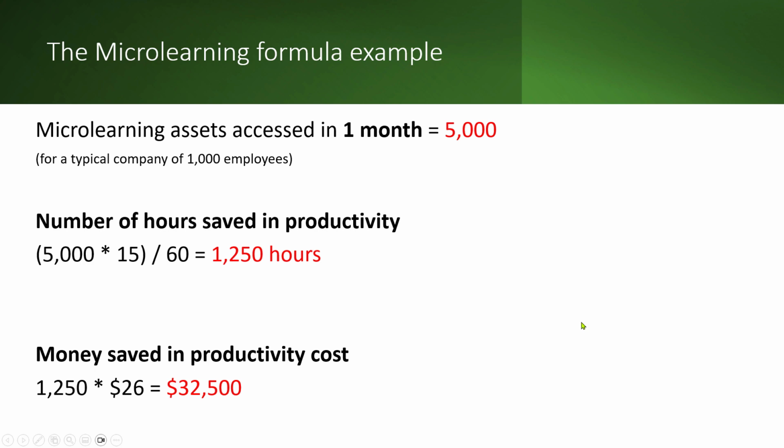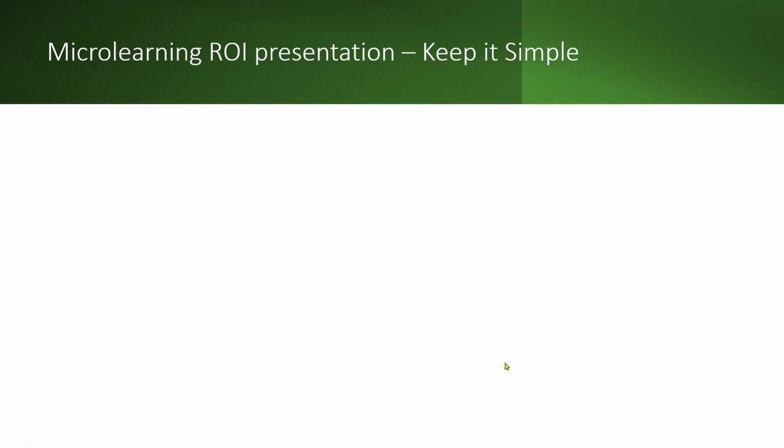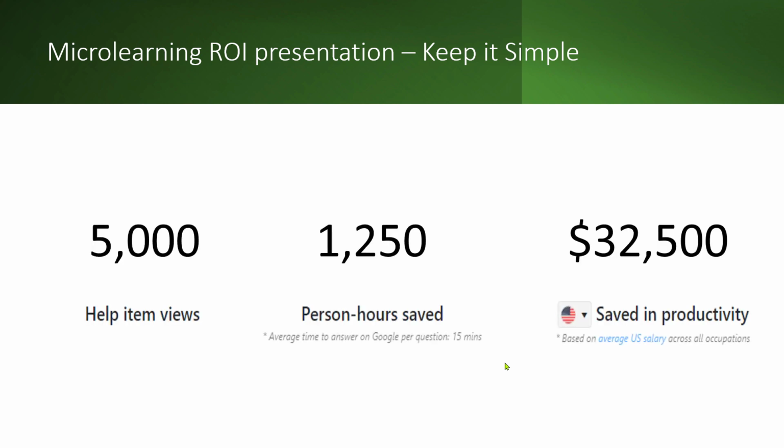Makes things super simple, super clear, and makes it very effective to prove the actual impact, the actual usage, and then the impact of this microlearning or contextual microlearning that you're doing. You want to keep the presentation of the ROI super simple. For example, having a dashboard that automatically increments every time something is accessed. In this case, it's showing that for the month, 5,000 help items were viewed, 1,250 person hours saved, taking that